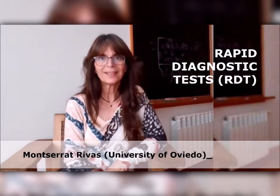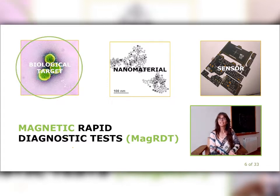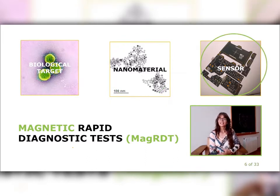Magnetism can be an answer. Our projects rely on these three pillars: the biological target that is determined by a microbiologist or a medical doctor, then the biofunctional nanostructures, which are the main focus of this talk, and the way to detect them, that is, the sensor which is sensitive to a property of the nanomaterial. All this aiming at rapid diagnostic testing for